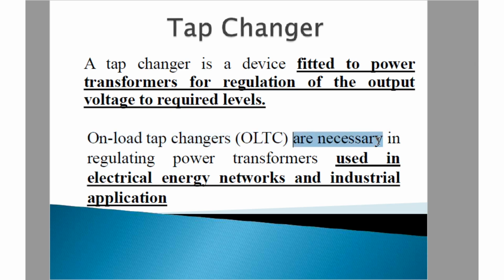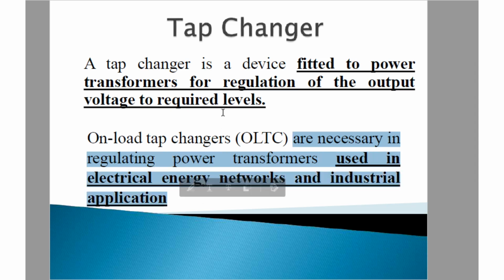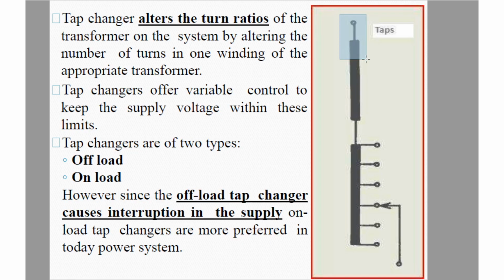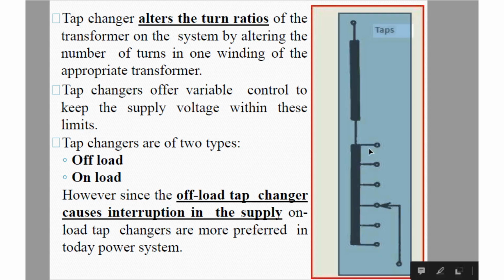OLTCs are necessary in regulating the power transformers used in electrical energy networks and industrial applications. So this is the application of OLTC. Many times in industry we are using the OLTC. This is the picture of OLTC. You can see this is a tap and we are going to change this tap. The arrow is responsible for making the connection